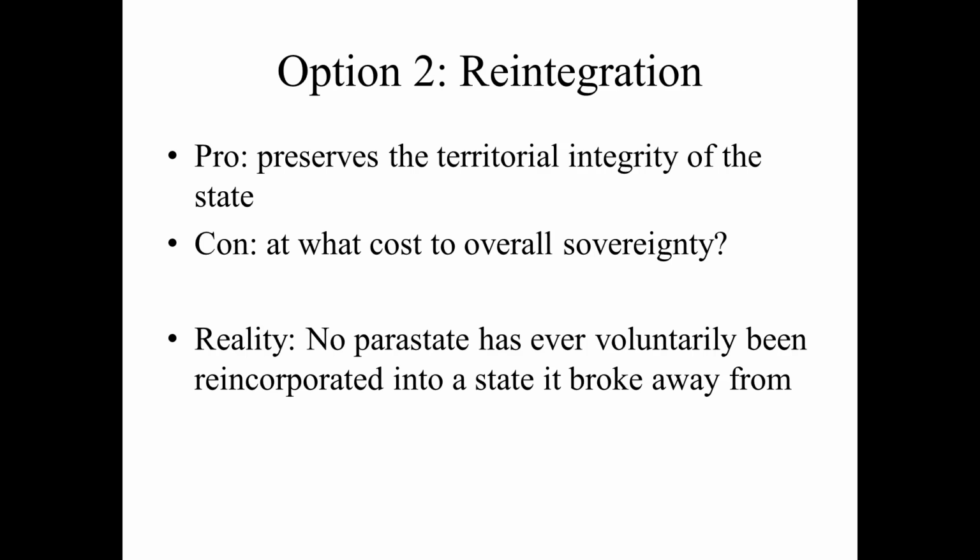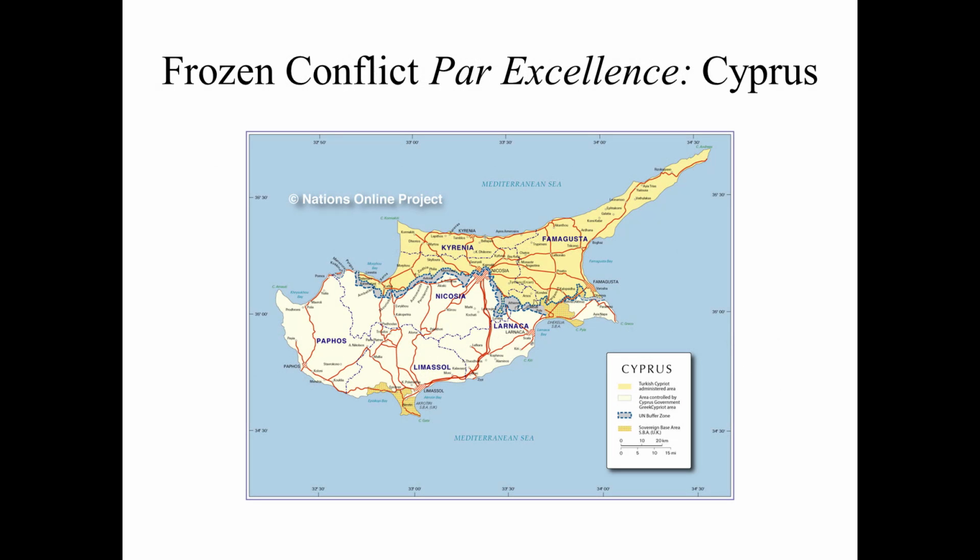So there has been no parastate that came to its senses and thought, you know what? The game is up. I think I'll just go back to the country I fought so hard to break away from. So it's an idea, but it's an idea that is kind of aloof from historical circumstance. In fact, I'll give you a really good example of this, and that is Cyprus. Okay? Here's northern Cyprus, Turkish-occupied area. This is what we'll just simply call Cyprus, right? The Greek state, the capital, Nicosia, the one that is universally recognized as such.